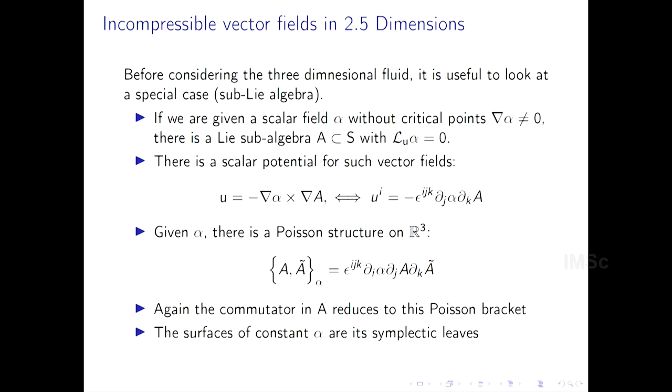So that is reminiscent of what happens there. This Poisson structure is defined in terms of this alpha. It depends on alpha. But it is not a symplectic form. It is a Poisson structure. And it is only in the surfaces where alpha is a constant where that is a symplectic form. The surfaces where alpha is a constant are the symplectic leaves. So there is a Poisson bracket. So this is a 3-dimensional analog of the story that we already had in 2 dimensions.